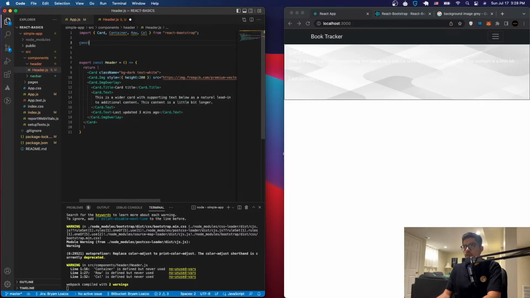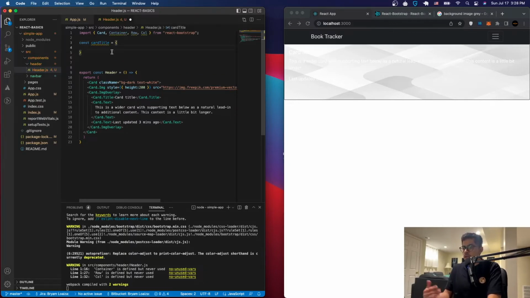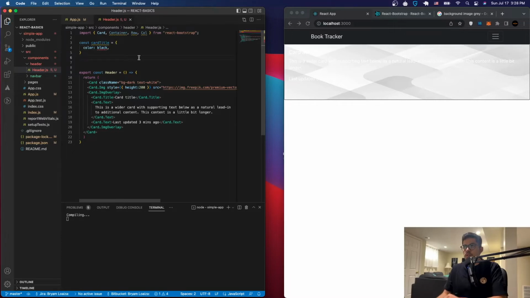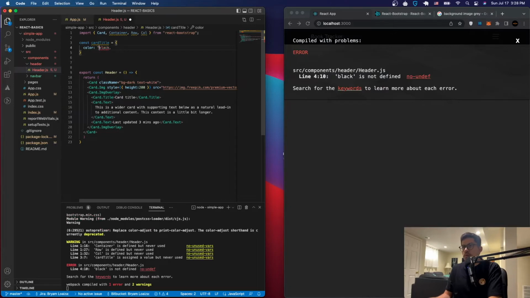So let's say that we want to change the heading of, in this case, the card title, right? We can say something like this, card title, and then equal to, just open brackets. And here let's say that we just want to change the color, right? So we want to change it to black. And then, alright, let's just save that. In this case, well, I'm missing the quotes here. Alright,